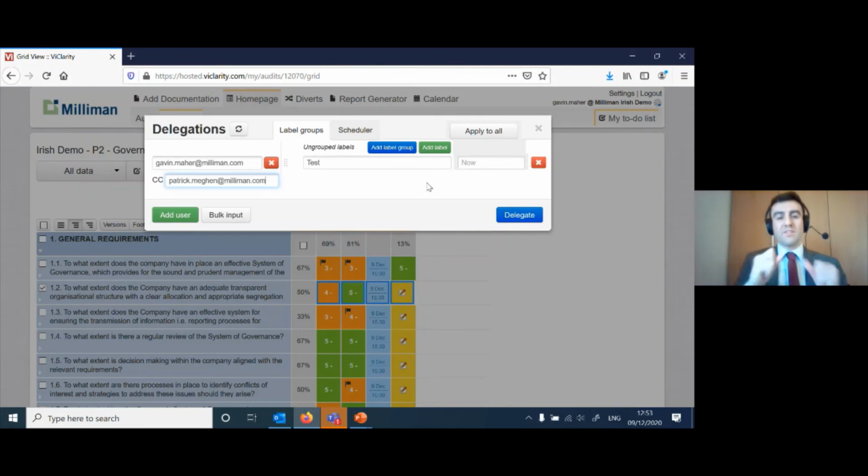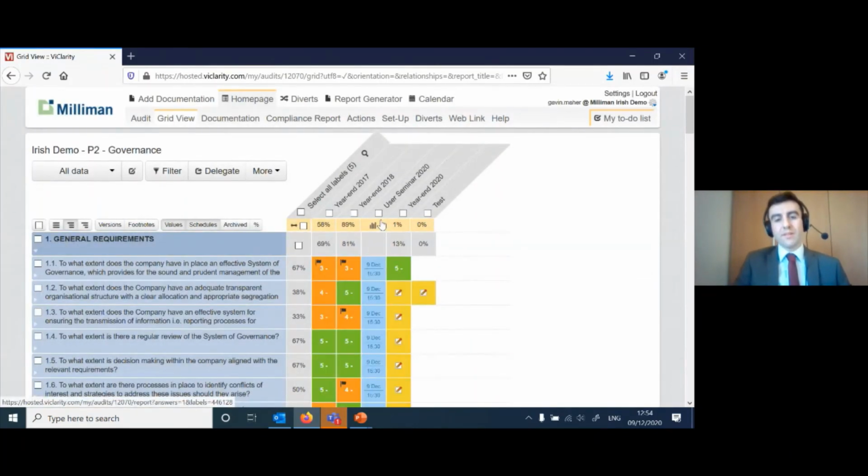If you give this question to a team, someone will already see if it's answered, and you can see when things were answered and who put those answers in. This is giving people the option to send it out to maybe two people if you're not sure exactly who's going to answer the question, and then they can coordinate that between themselves. That's probably something we've been asked about in the past: can a question get sent to more than one person? So yeah, you can see how it might work.